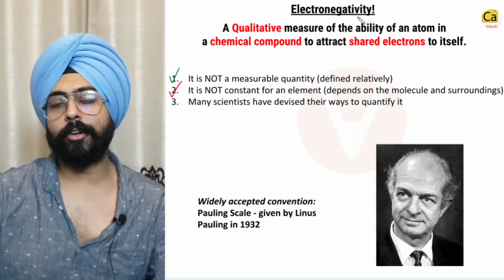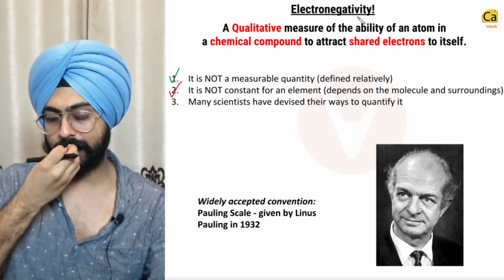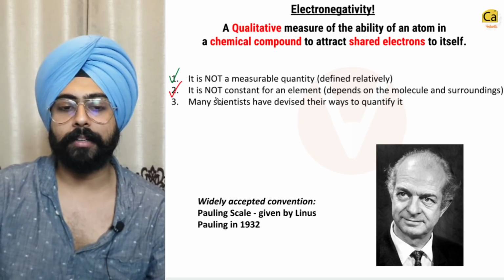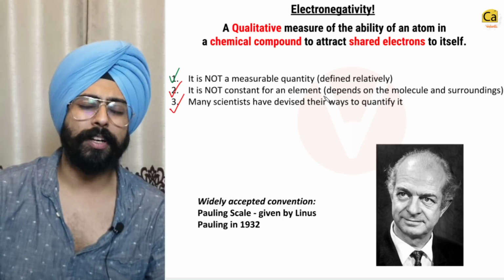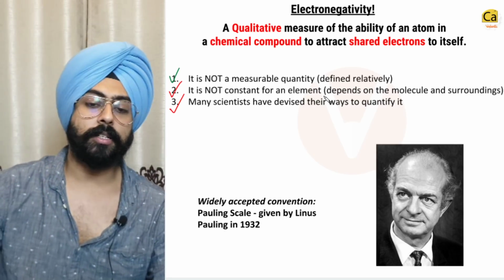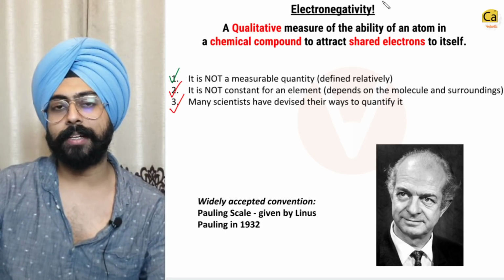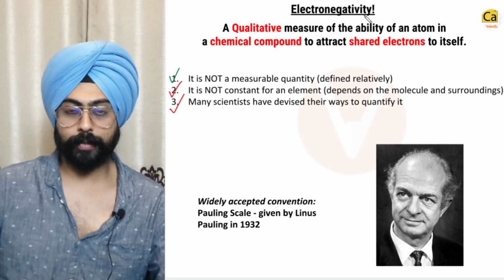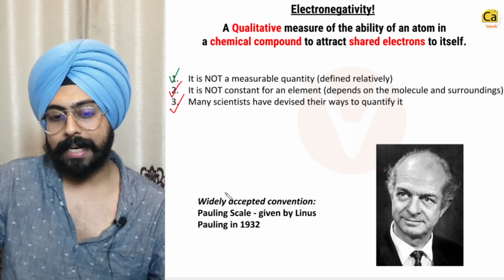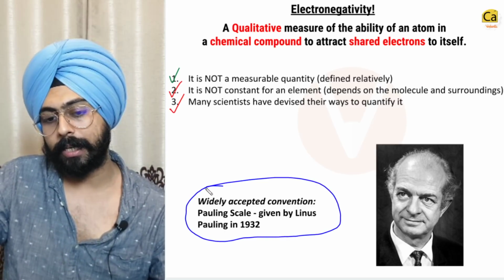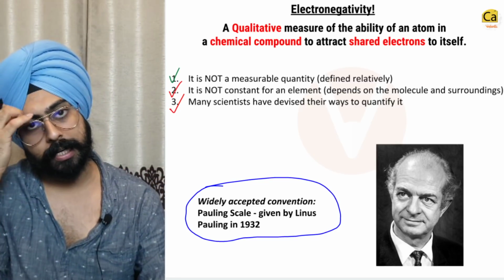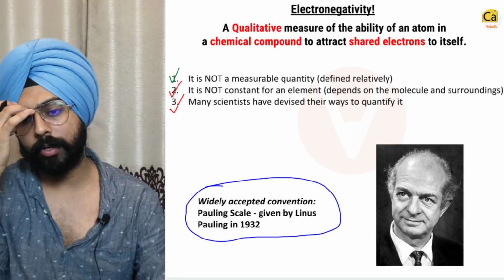So similarly, a lot of scientists try to make a scale, try to define these numbers for electronegativity. Many scientists have done that. Mulliken has done it. Pauling has done it. There are some other not that common scales as well. But the one scale that we will follow, the one scale that is important for us, is the Pauling scale given by Linus Pauling. The Mulliken scale is not asked in the JEE and NEET examinations, so you don't need to worry